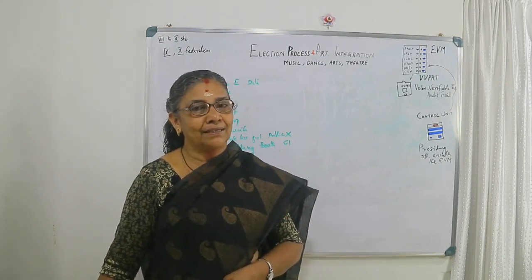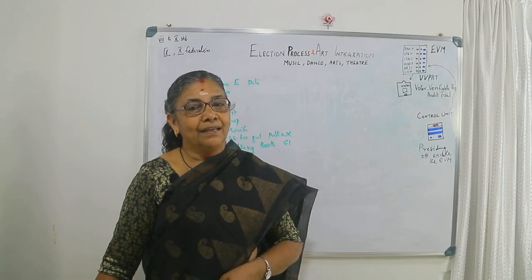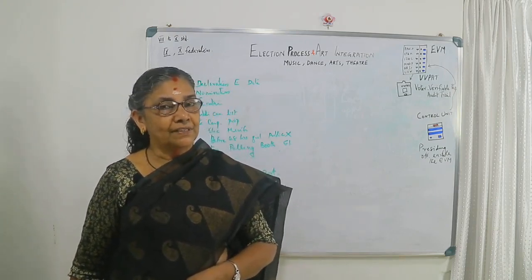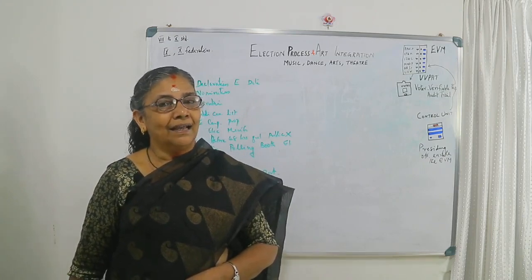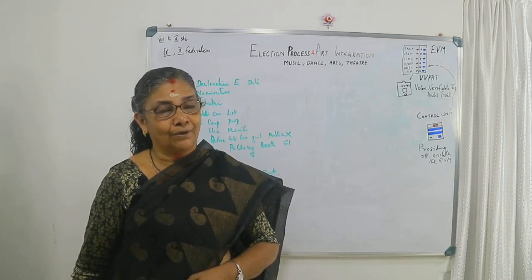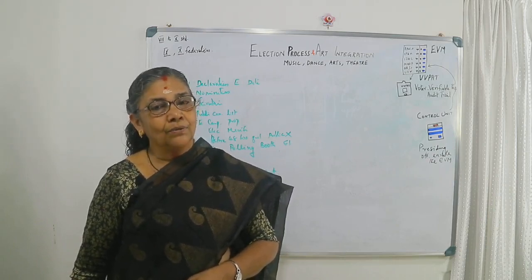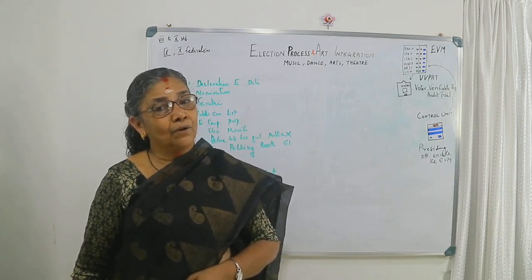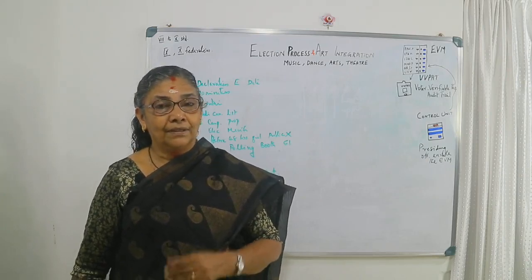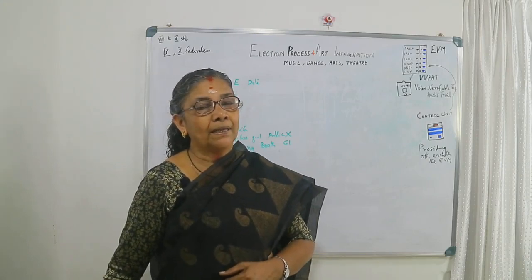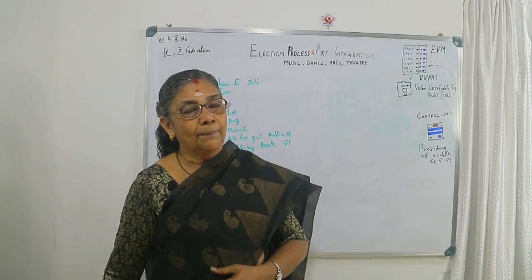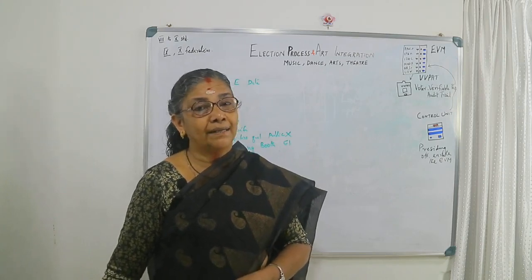When we say election, it is related to democracy, and students are learning the democratic form of government from 5th standard onwards. In 6th and especially 7th, they are learning about the constitution, and in 8th also. Then in 9th we learn more about elections, and in 10th there is decentralization of the government. So today's video will be connected to the process of election and how art can be integrated.